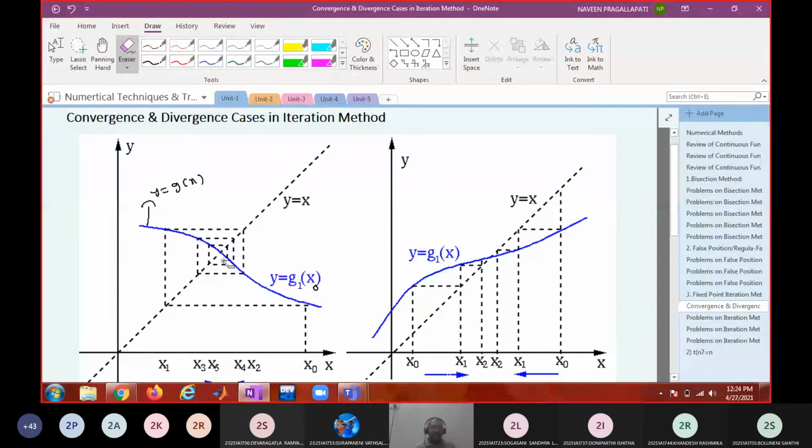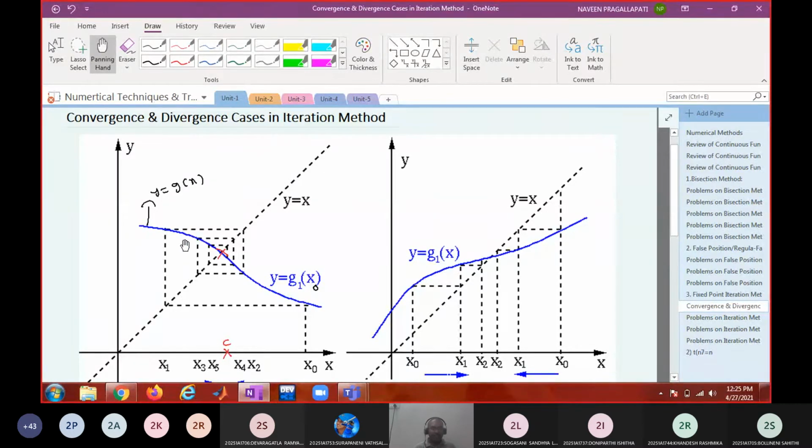So as you increase the number of iterations, this sequence of approximations converges to a fixed point. Fixed point is nothing but the point of intersection of the line with the g of x curve. So this is the exact root, the fixed point of the function g. Now you see, x0 is here, x1 is here, x2, x3, x4, x5, x6, x7, x8, x9. So the sequence is converging to C as you increase the number of iterations.